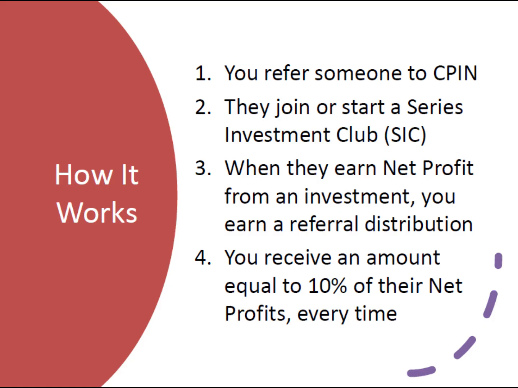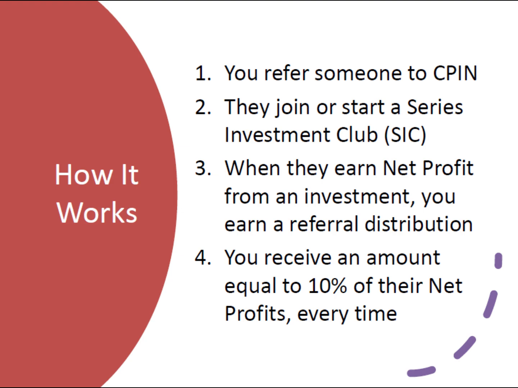Okay, so how does it actually work, step by step? It's basically a four-step process. First, obviously, you refer someone. They need to join CPIN. Okay. Second, they join what's called a Series Investment Club, an SIC. Think of it like a group investment pool within CPIN. Got it. SIC. Third, and this is key, your referral needs to earn a net profit from their investments through that SIC. And fourth, once they get that net profit distributed, you get a distribution of specifically 10%